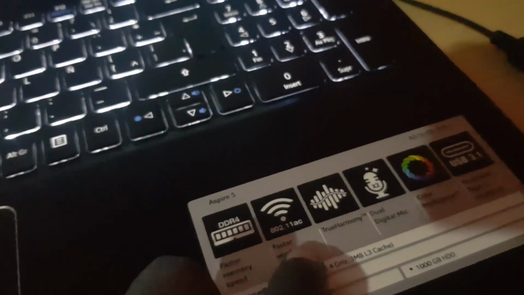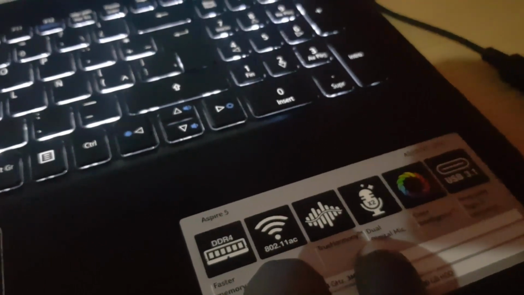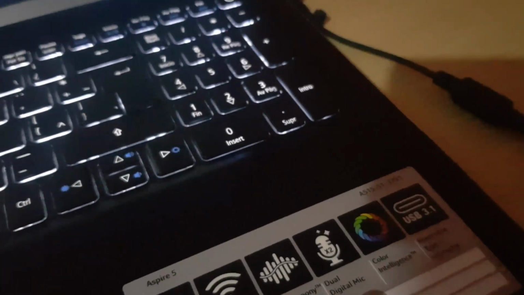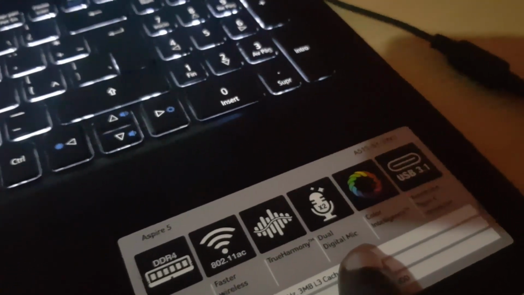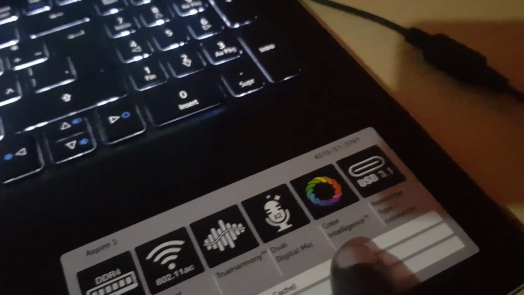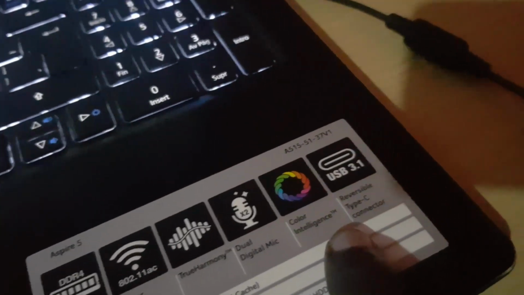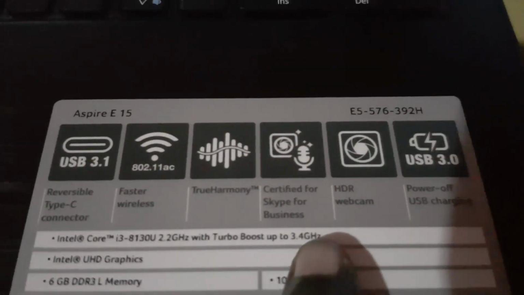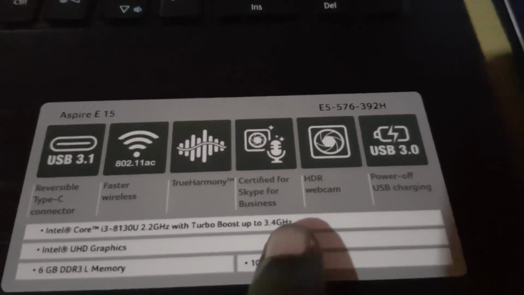Both have 802.11ac Wi-Fi. Both have true harmony sound. And of course, there is the dual digital mic on this version, and over on the other we have certified for Skype and business calls, but of course should be a similar technology. There is the color intelligence, which of course is HDR webcam on the other, and there you have the USB Type-C. And of course, if you compare them over here again, you'll notice the similarities and the differences between both